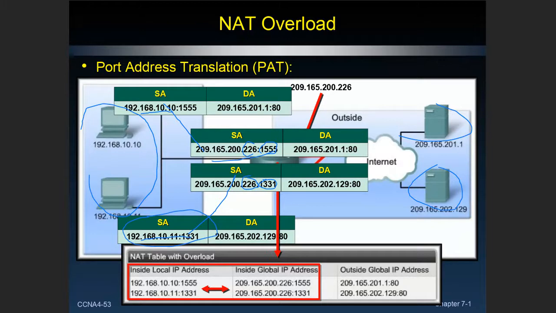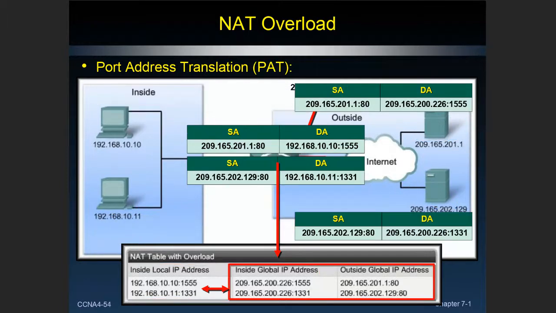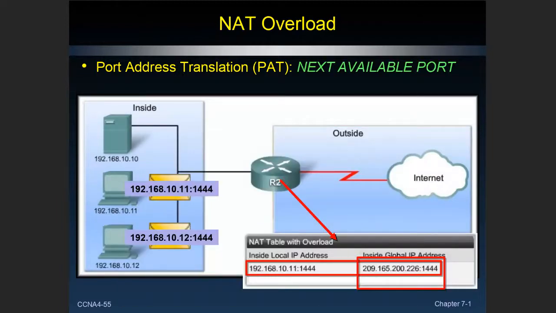And when he sends it back to me, the network address translation table on the router will flip-flop them back again, do the reverse rocket surgery, and when they come back, it'll be translated back. So the NAT table, outlined here in red at the bottom, they've translated that inside local IP address to the global IP address, and it's a valid address that's allowed to exist on the internet, and it's transmitted back and forth. So port address translation, we'll maybe use the next available port.